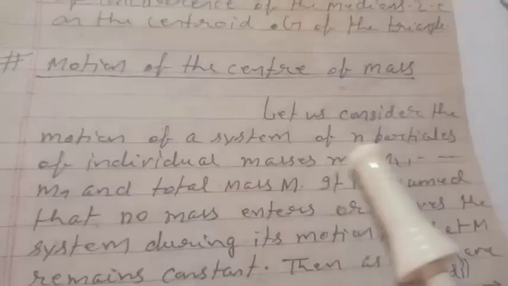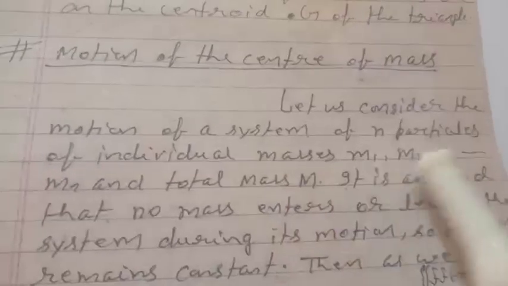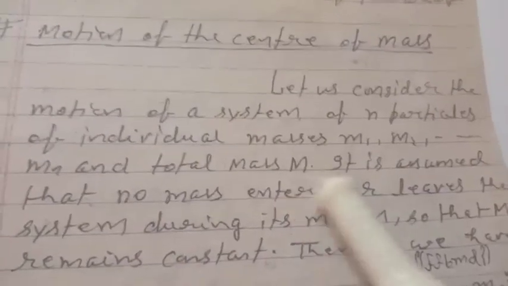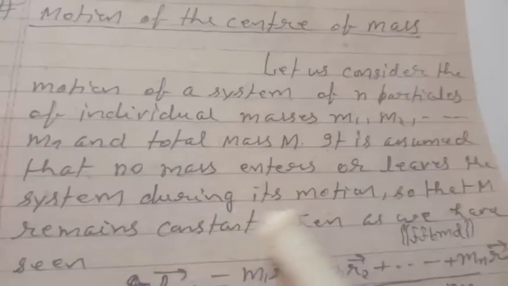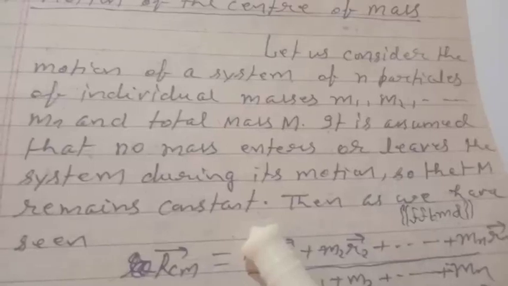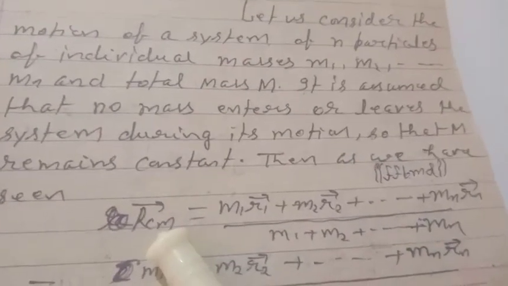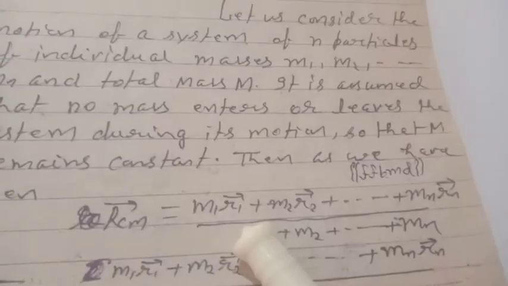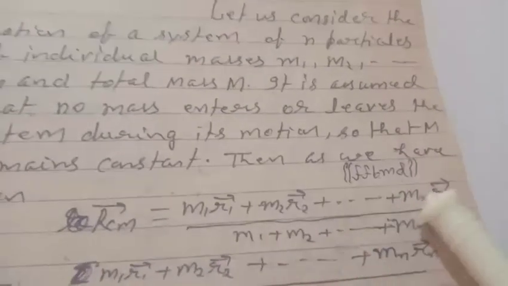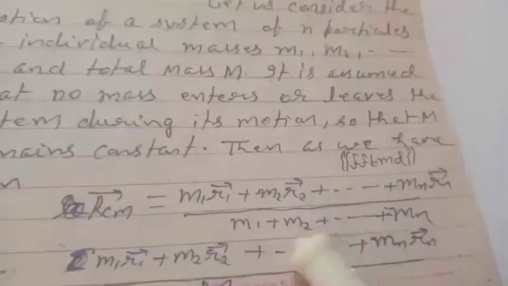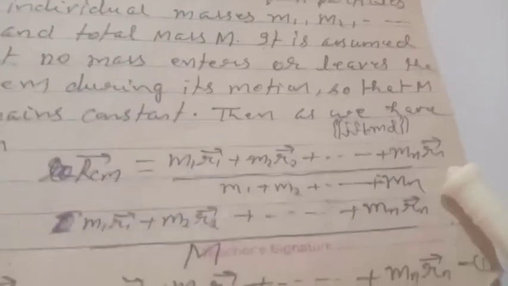Now, motion of center of mass. Let us consider motion of a system of n particles of individual masses m1, m2, ..., mn and total mass capital M. It is assumed that no mass enters or leaves the system during its motion, so that M remains constant. Then, as we have seen, R_CM equals m1 r1 plus m2 r2 plus ... mn rn divided by m1 plus m2 plus ... mn